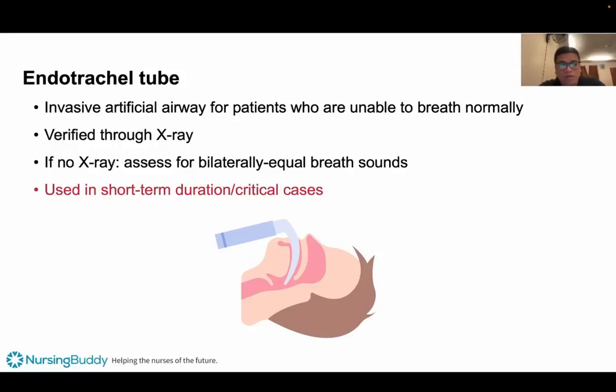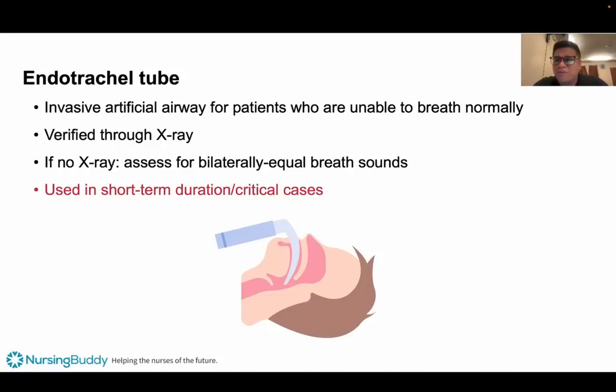Okay? So now, once the doctor or the physician, usually the anesthesiologist, okay? So, depende yan sa practice po natin in the country. So, whenever the nurse or the doctor has already inserted the endotracheal tube, how can we verify? So, big word, verification is done through X-ray. The same as well with your nasogastric tube. Okay, the mode to verify is through the X-ray.